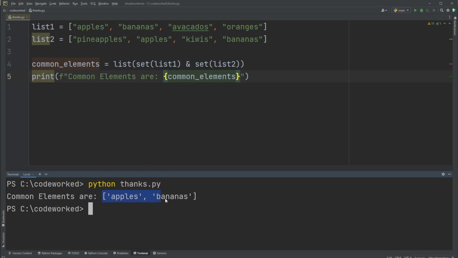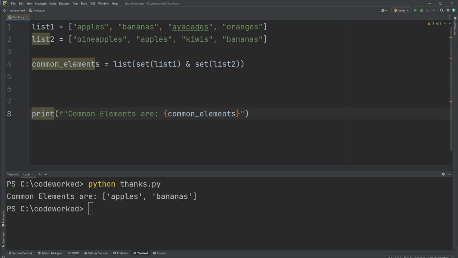Okay, apple and bananas. You can see apples are present in both lists and bananas are also present in both lists, so both are common elements, right? So this was our first method to find commons, and this is a very clean and clear and short way. Let's continue to our next method,